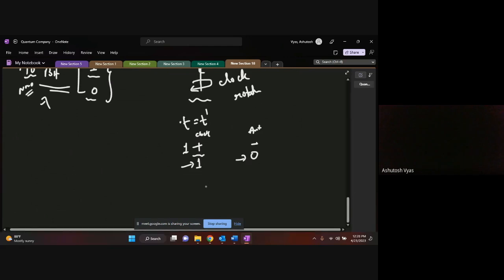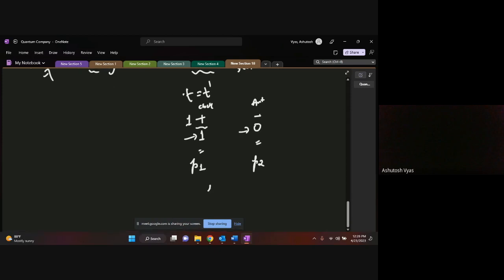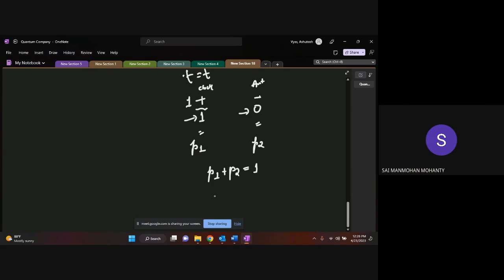But do you all agree that it will be revolving in only either this or this? There is no other way for the electron, right? It has to revolve, correct? We don't know. It will be revolving 1, it will be revolving 0. That is fine, but it has to revolve. So let's associate some probabilities to it. Let's say P1 and P2. So we all agree that P1 plus P2 has to be equal to 1. You guys agree? Correct? Okay, cool.